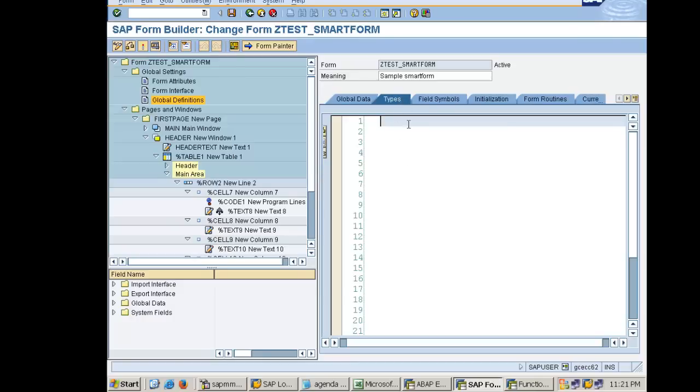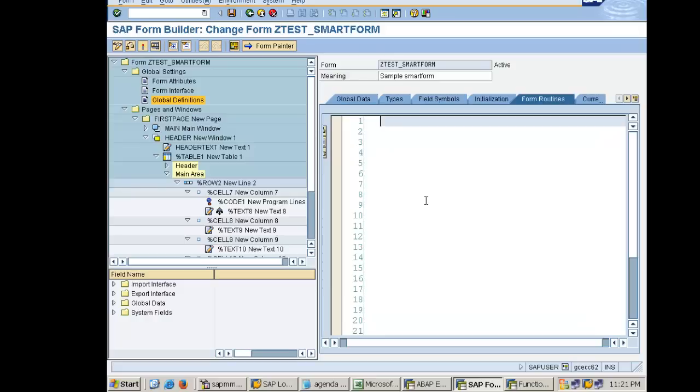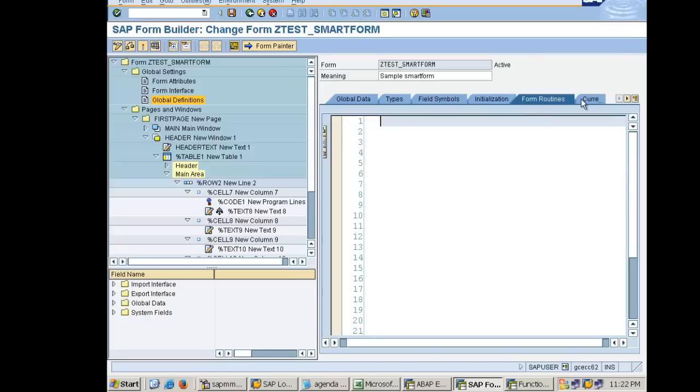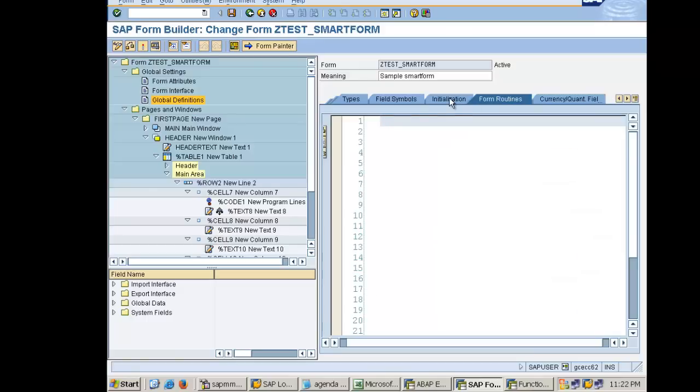You can declare your type structure here, your field symbols here. You can do the initialization here. Again, you have to take the input and output parameter, write your initialization, just clear out the values here. And then you can also fetch the data. What you can do, you can create certain form routines and you can just call the form here. So you can write some perform here and the form would be available in this section. Currency is basically whenever you are displaying a currency related field, you have to give the reference table and field. So with this facility you can write the complete code in the Smartform itself, but then it actually,